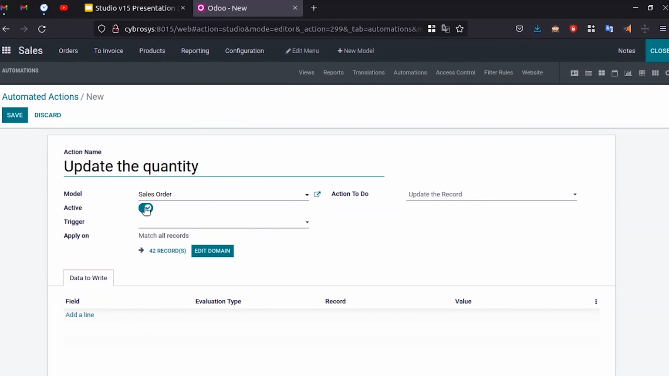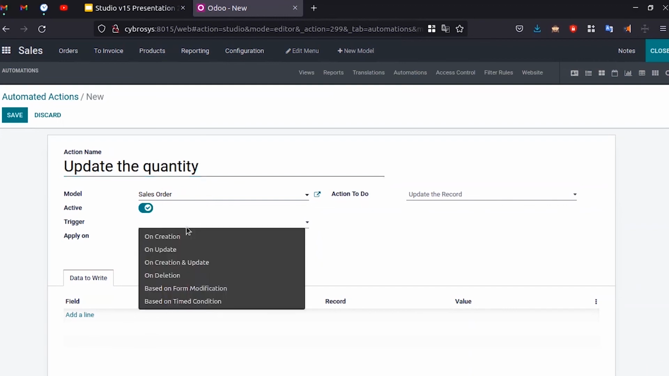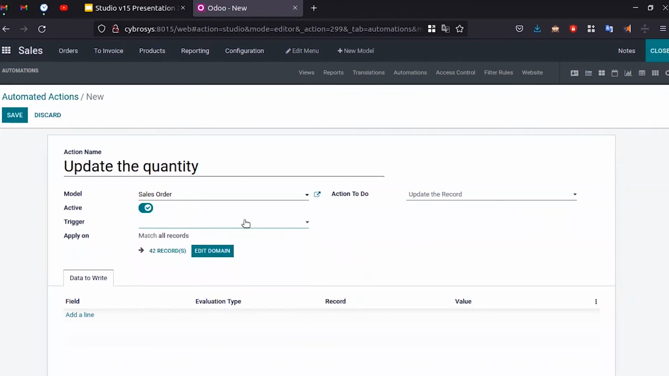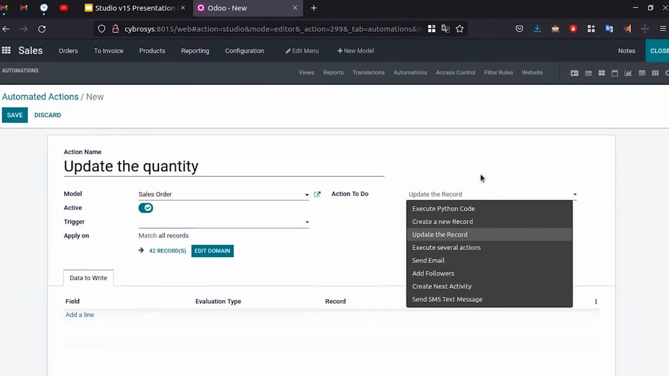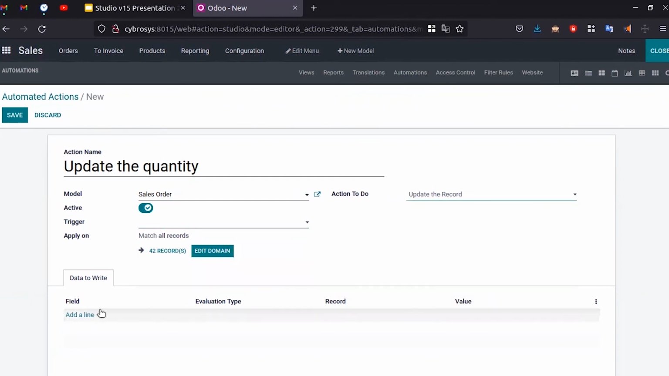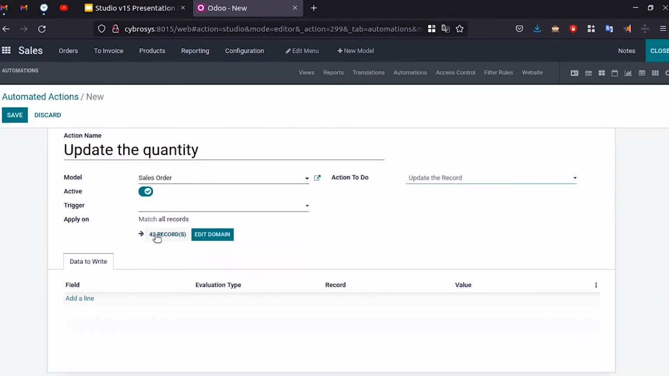You can select the model and activate and trigger on when it should be triggered, like on creation or updation, or on what circumstances it should be updated will be listed, will be shown here. Then next is update record, and then we can actually